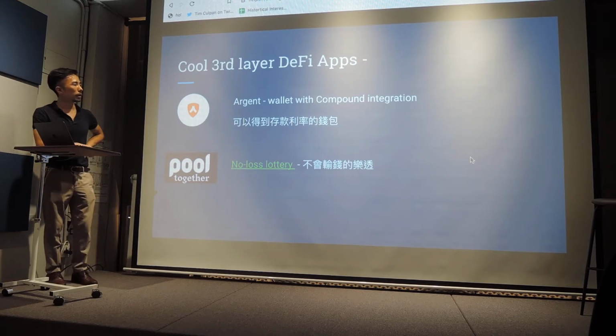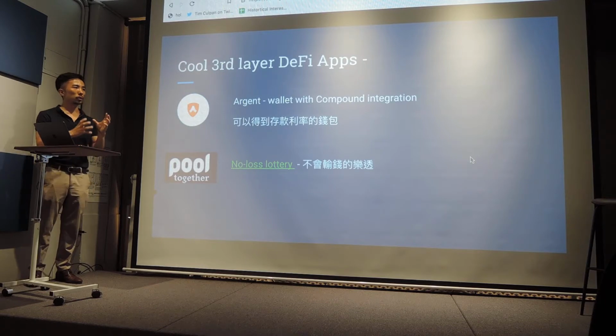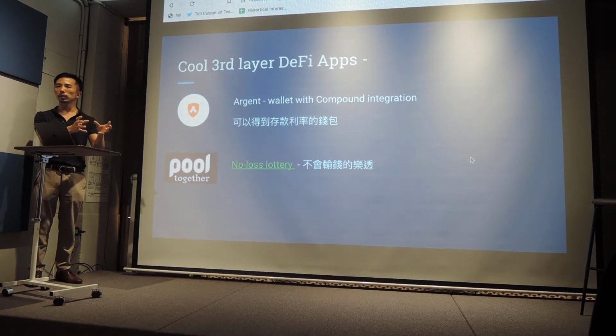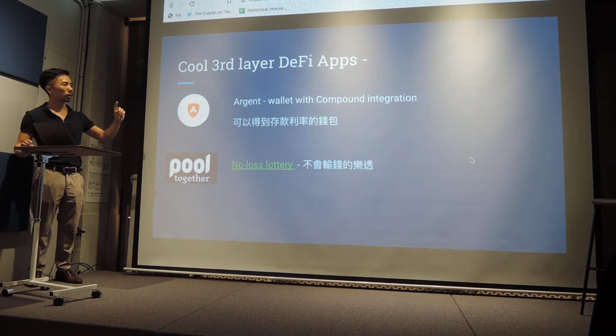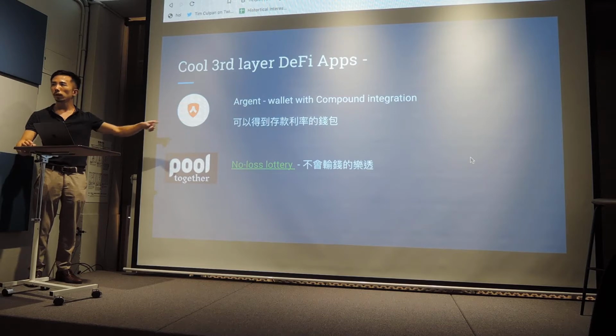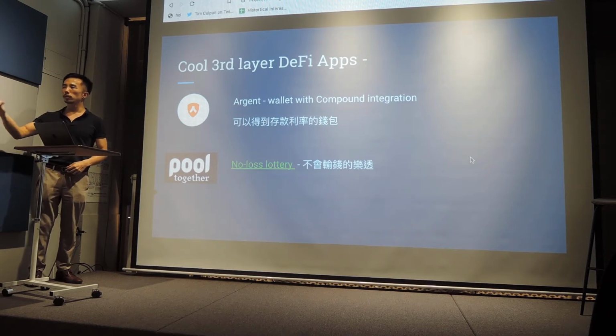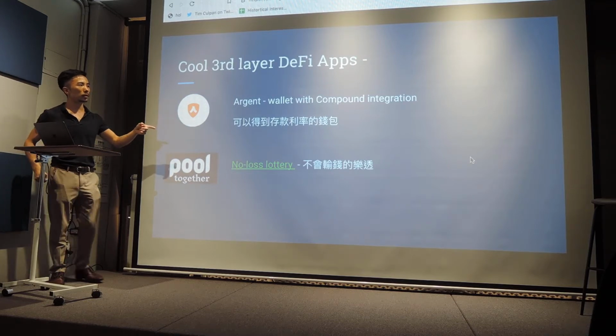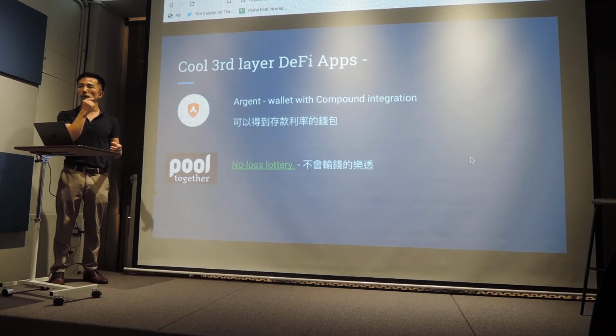Okay, so anyways, as I said, the cool thing about DeFi is that when you have a really cool application, you can use the superpowers from that application in other applications and build on that. So Argent, that's the wallet I was talking about. Regular wallets, you put your money in there, it's safe, but you can't really do anything with it. Argent, you put your money in there, and if it's DAI, you can start automatically earning interest on it. That's really cool.